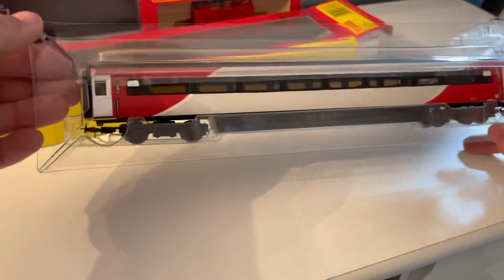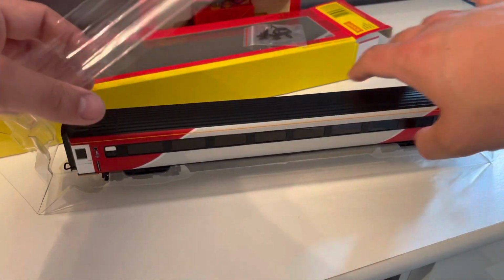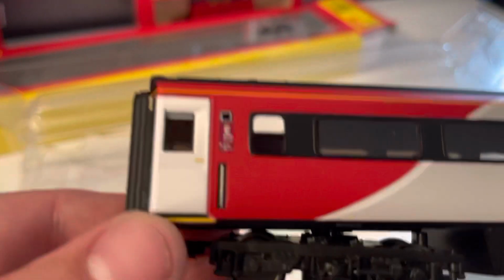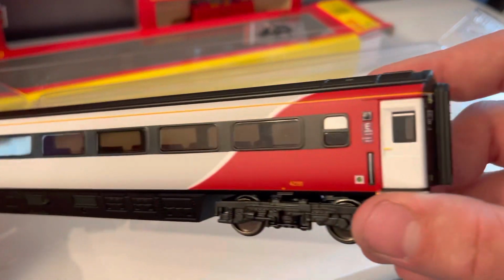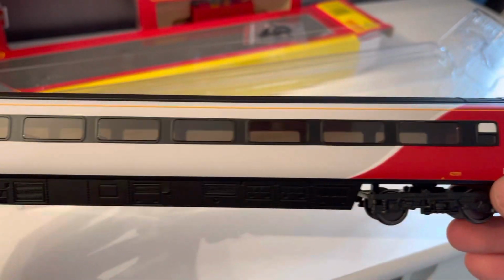So there we go. I do really like this livery. I don't know why. It's really striking. So I believe this is one of the second batch. So this is Coach E. As you can see, eventually if it focuses, some really nice detail on these Mark IIIs. I think the livery really suits it. So it's 42191,